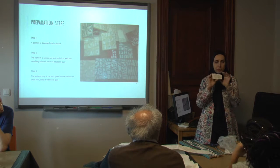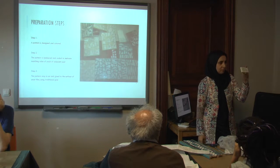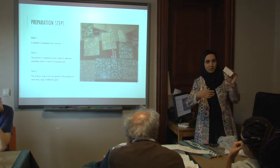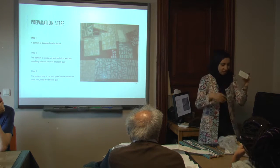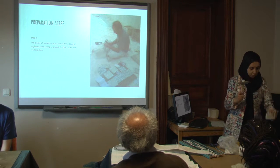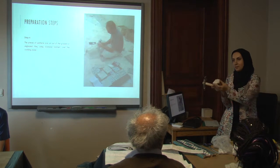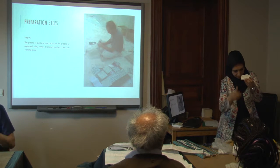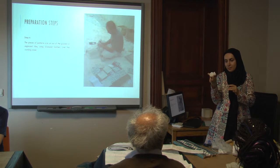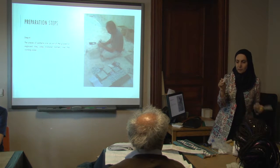They are glued to the surface of the tile, like this. They are cut and glued to the surface of the tile. You have the numbers here and also there. Therefore, when you want to reproduce it, you put it this way on this when it is cut. Then using these hatchets, it is cut out. For example, first the main parts are cut. Then you come to the smaller details. And then finally, using this file, the rough parts are